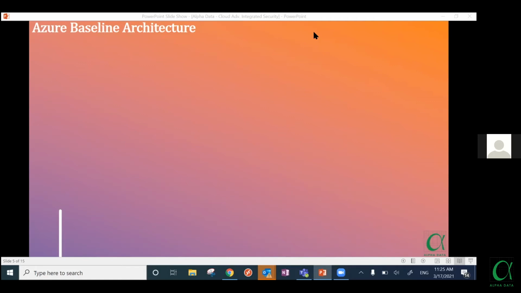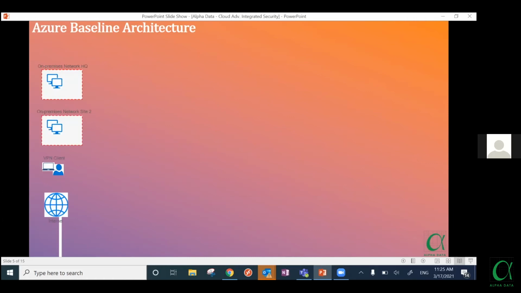On the left side, we have your on-premises network. You have your headquarters, you have your secondary site as well, and you have some of your end users who are working from home, connecting through the VPN client, and you also have some applications published over the internet. This is a very basic, high-level model which we thought of discussing. And then you are trying to expand your resources on Azure. You're trying to deploy certain services which are critical to your business on Microsoft Azure or any other cloud, right? So you create a baseline.